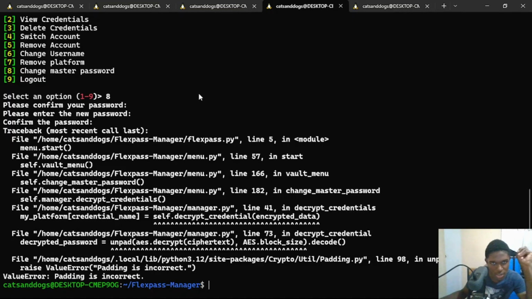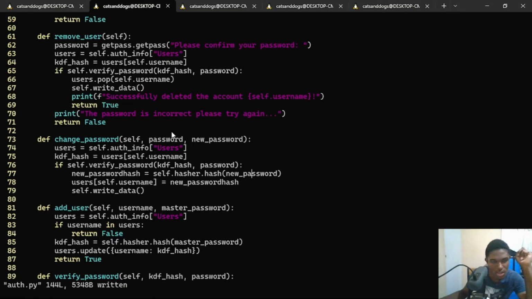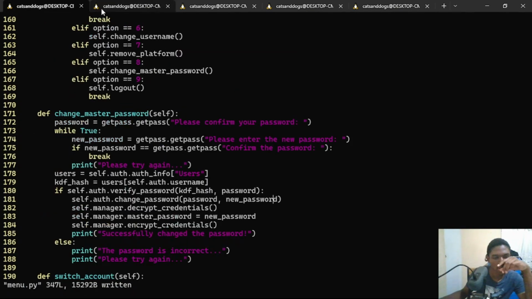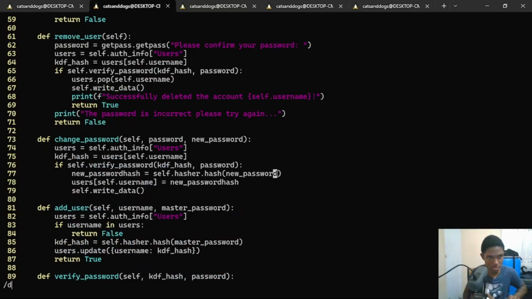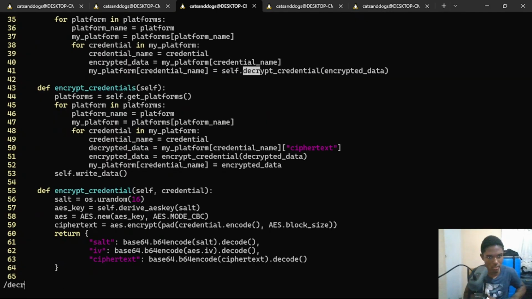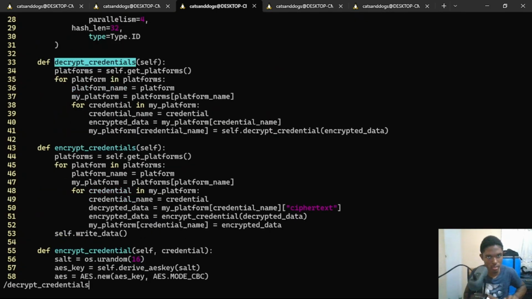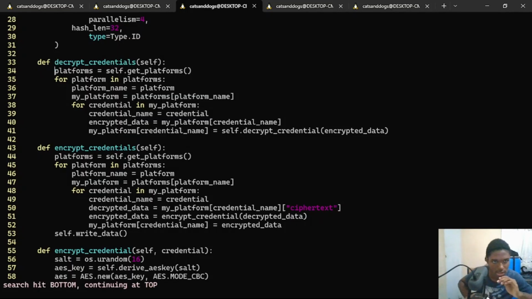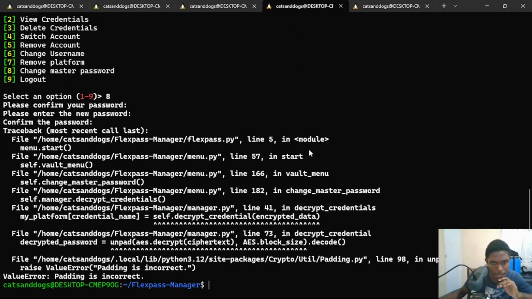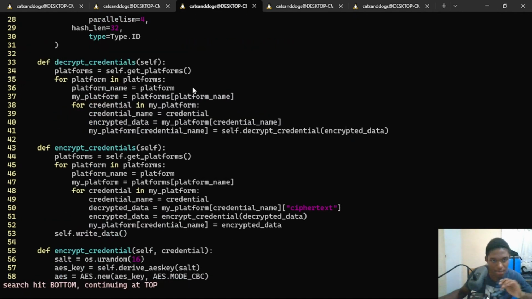Line 41 in decrypt credentials. So line 41 in decrypt credentials, inside of decrypt credential at line 73,